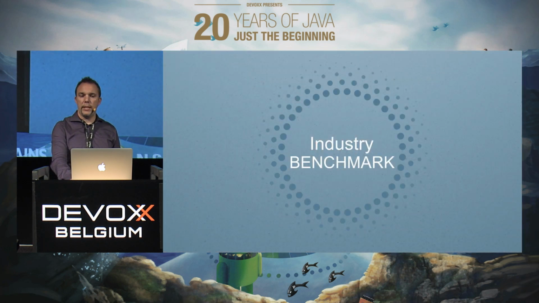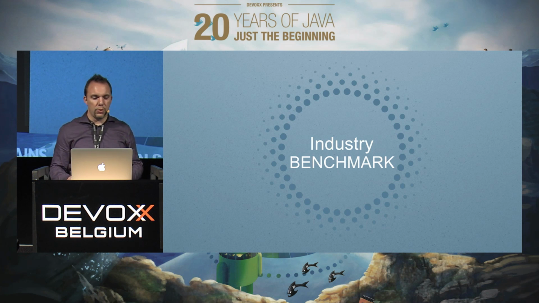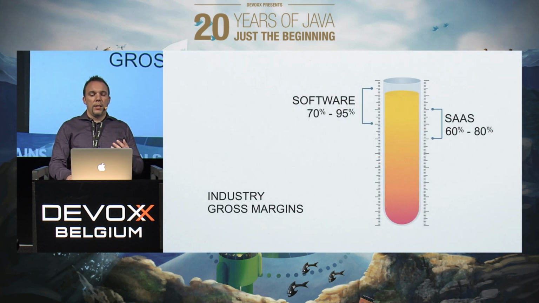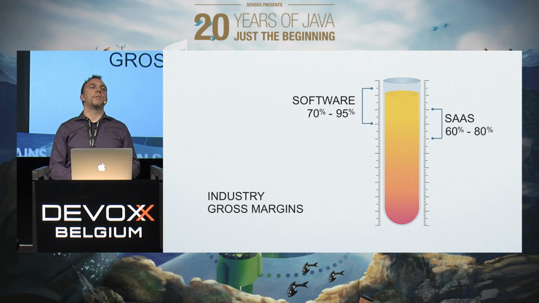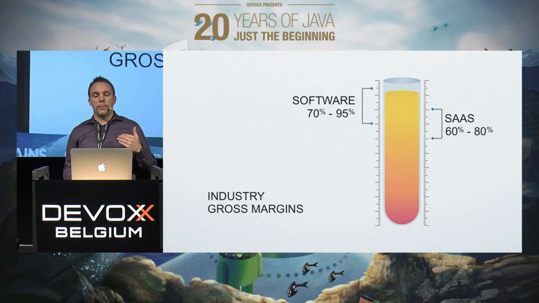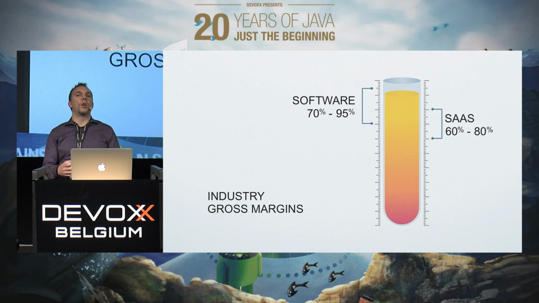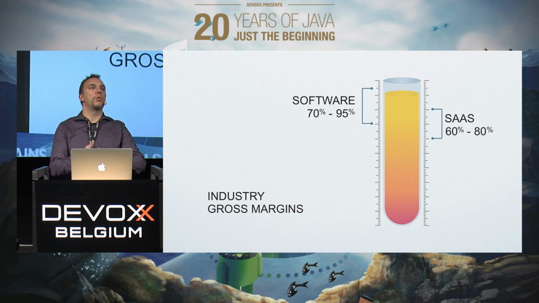Method number 3, I guess, or 4. I forgot to number them. I think it's 3: the industry benchmark. Look at gross margin. Gross margin is your revenue minus your service costs. Revenue means the money that comes in, and service cost means all the costs that are related to delivering that product or service. So no sales, no R&D, but really like the price of the goods, for example.